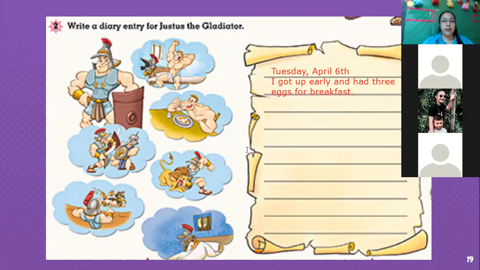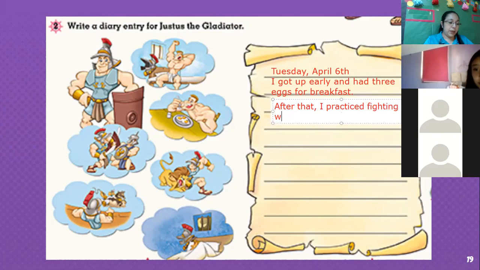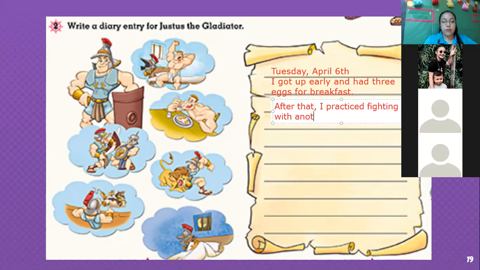And we start our diary entry. Yes? Okay, let's continue with the information. After that, we can use a sequence expression. Okay, we can say after that, I practiced, okay, fighting with another gladiator. Okay, it's possible to say that. Yes, fighting with another